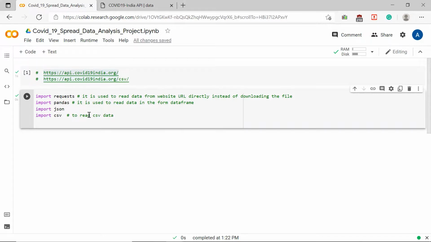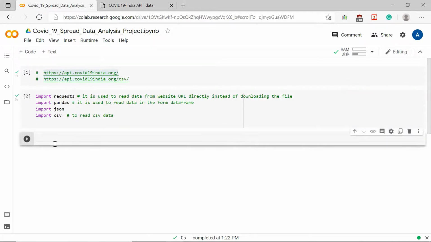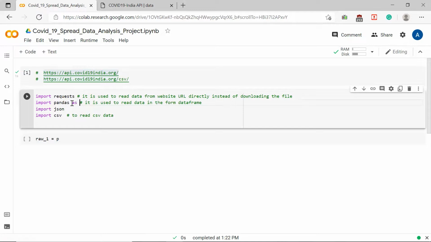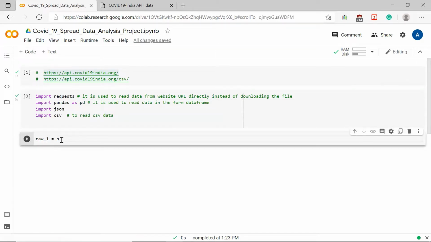So when you want to read the data, what you need to do is create one new cell, then I am creating one variable here. Then I will read the data. Okay, let me import it as pd, the short name of this library. Rerun once again. So instead of pandas completely, I will use pd, then the read_csv function because I wanted to read a CSV file.